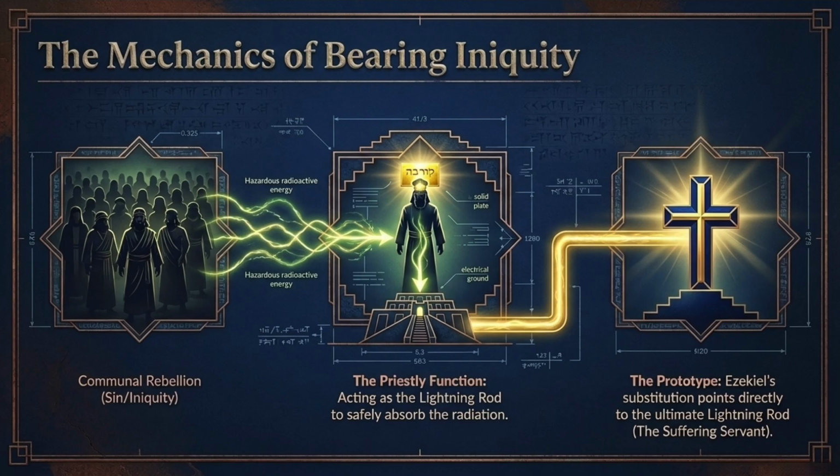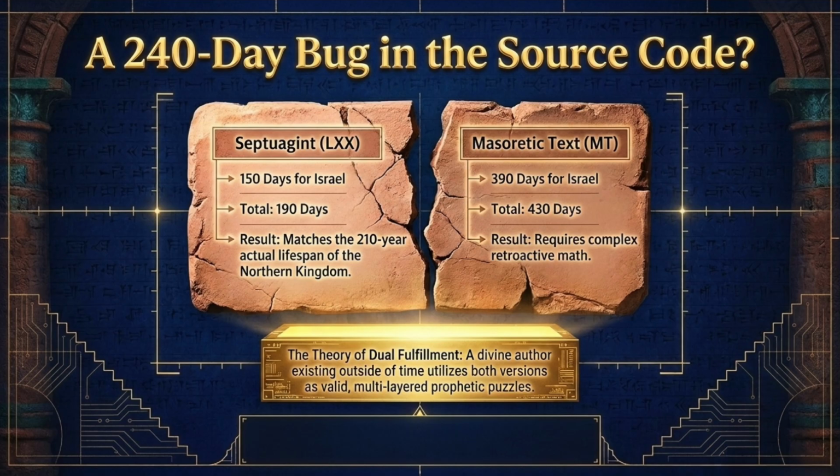But as soon as they try to run the numbers to figure out what they actually mean, they slam into a massive ancient textual mystery. And the detective work here is just fascinating, because it turns out the oldest surviving operating systems of the Bible don't even agree with each other on the baseline data. They really don't. The study group points out that the King James Version of the Bible, which is translated from